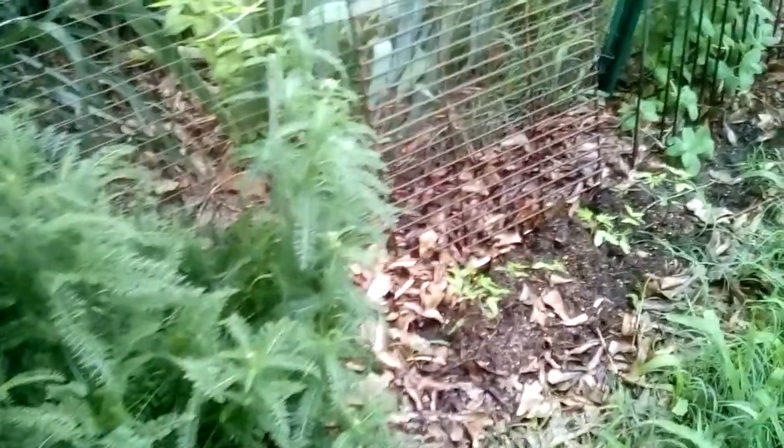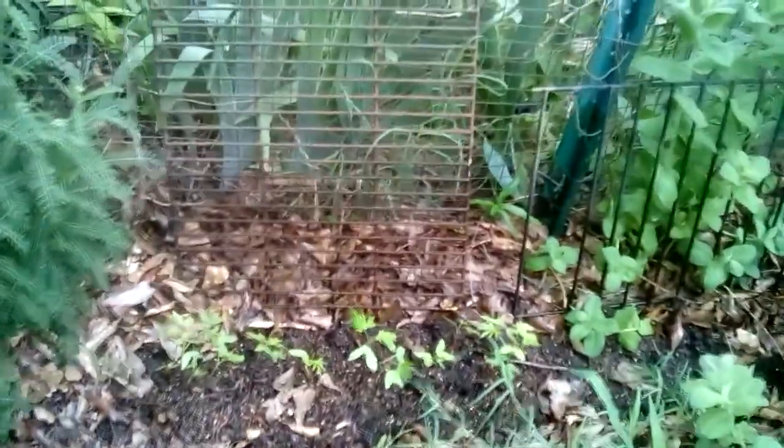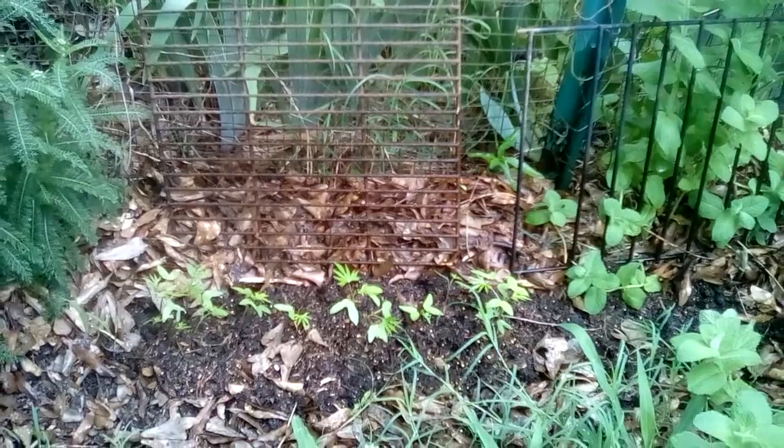And down through here, on my little fence, I've got cucumbers. And this is a hummingbird attractor. It's called a cardinal vine. It's supposed to get red blooms on it. And this here,